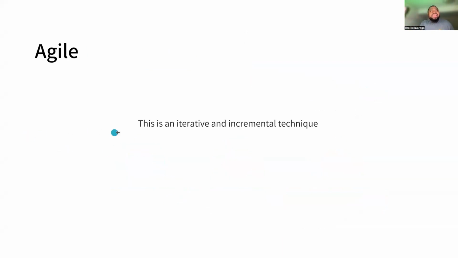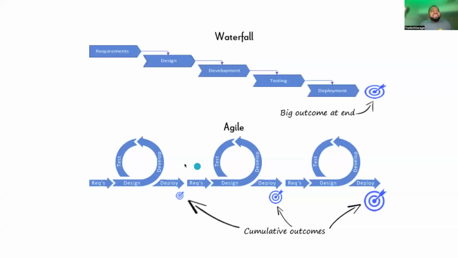So that is why we say it is an iterative and incremental technique, meaning that you go through iterations and you increase in value. You increase as you go along. You go to the first one, you increase. You go to the second one, you increase. You go to the third one, you increase. And then you get to the point that you say, we can now release this one. Let's release this. It makes sense. It makes a full product we can release.